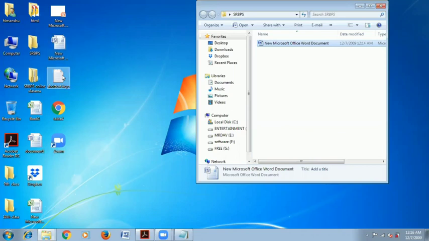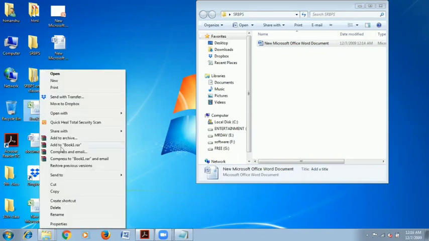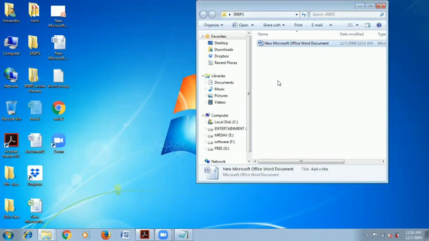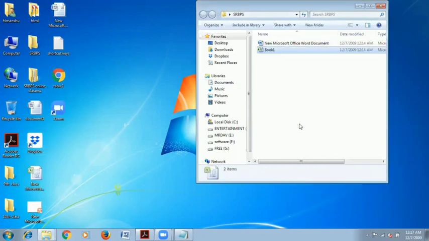When you wanted to cut something, like I wanted to move this file permanently from this place to another place, for this purpose I will use the cut option. I will right click on that particular item, select here option cut, and come here and paste it here. Fine. So you can see my file is permanently moved from here to this particular folder.